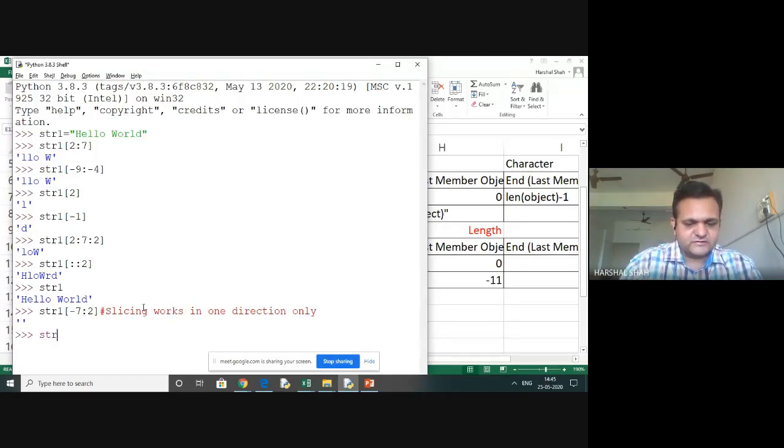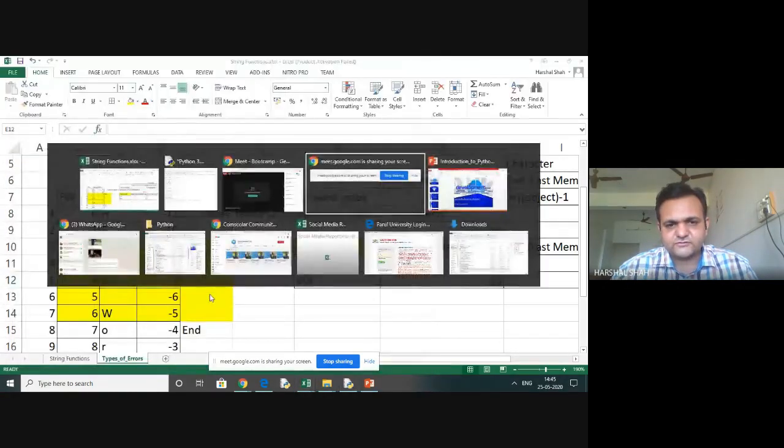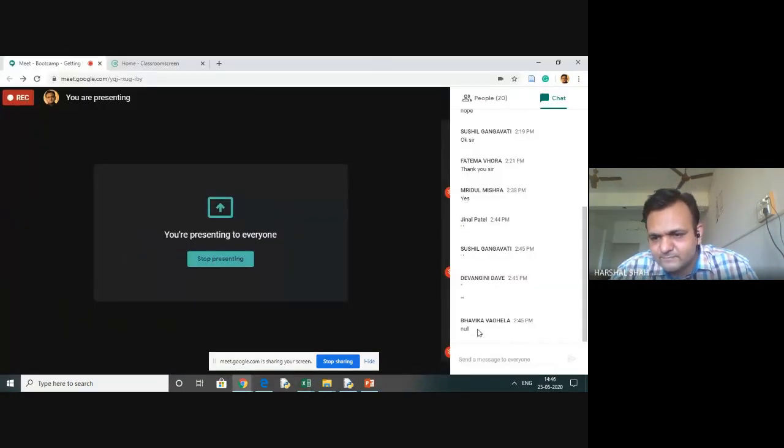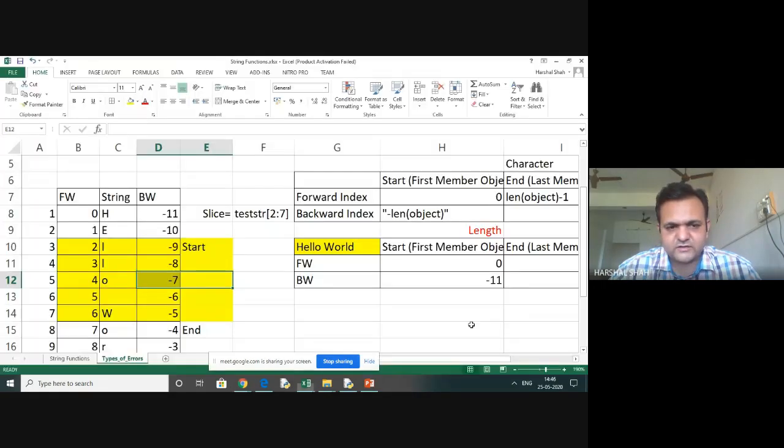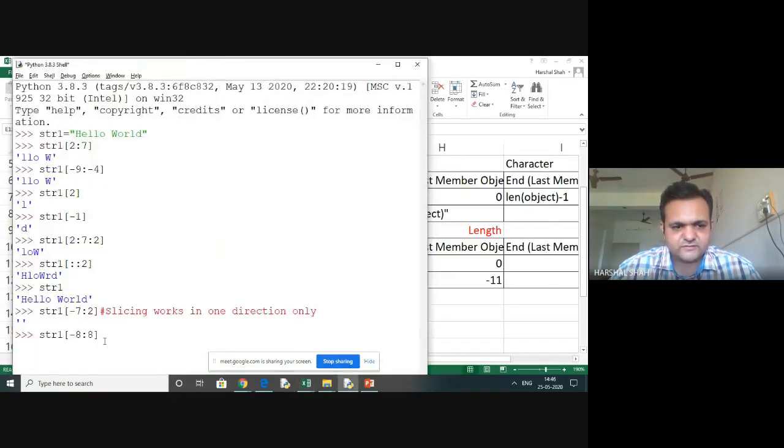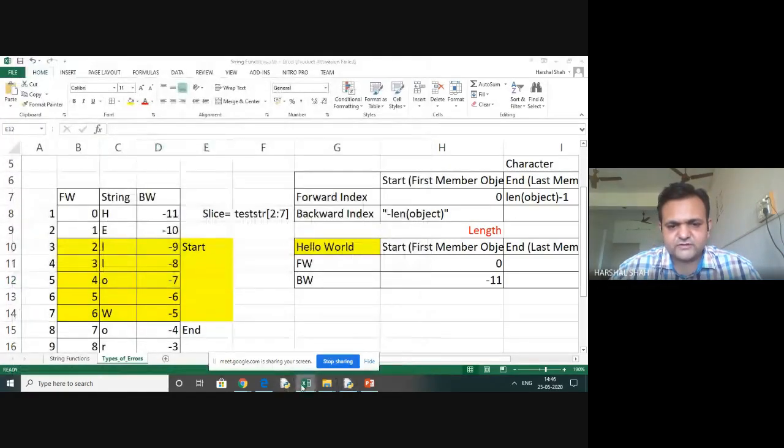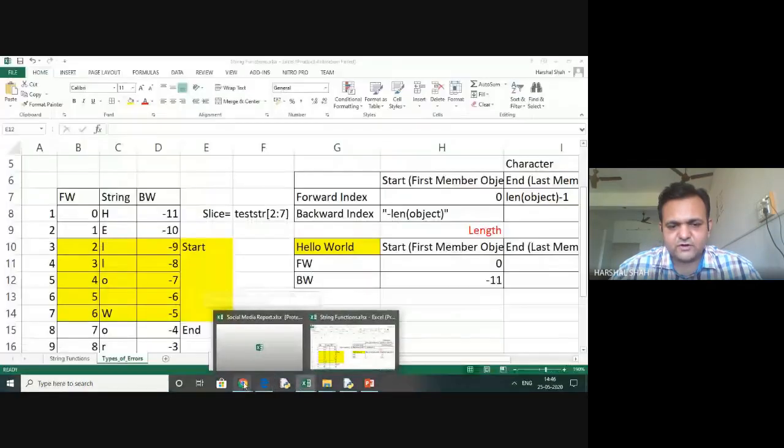Now I will do this. I will have -8 and I will have 8. Will it work? If it works, then what is the answer? I will see in the chat box. Now, not null. Null will not come. It will come empty. In this case, it will not come null. Again, if I'm talking about this, it will not be null. If you are saying for this it will come null, I will not agree.